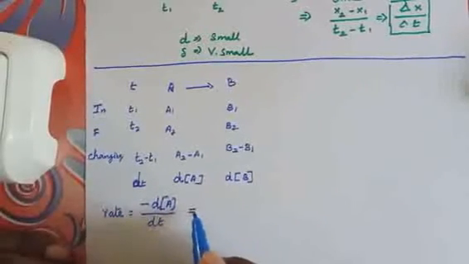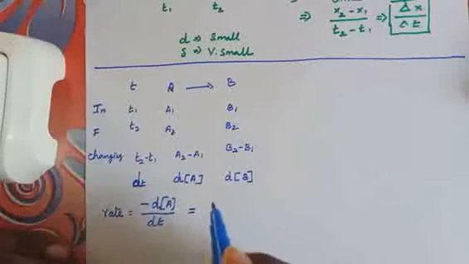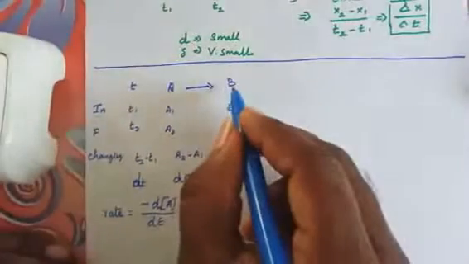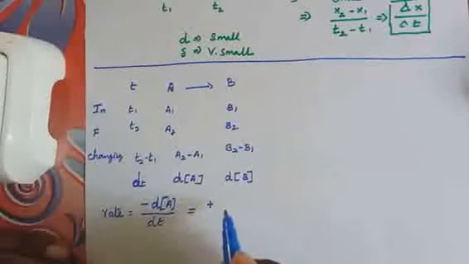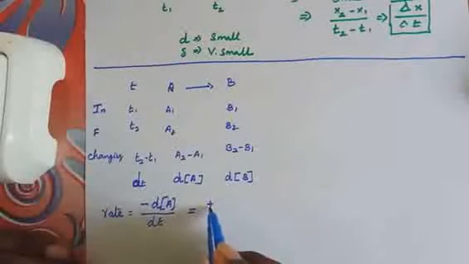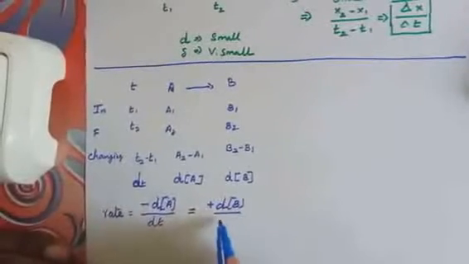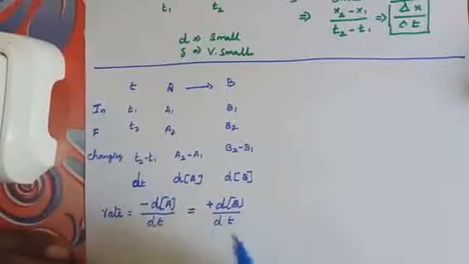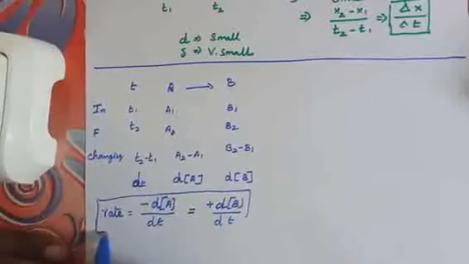In a similar way, the rate measurement on the basis of product is always possible. Here B appears simultaneously, so we place a positive sign before this term. So the appearance, the change in concentration of B with respect to time t, or time change, is noted. This is the rate expression for the simplest chemical reaction.